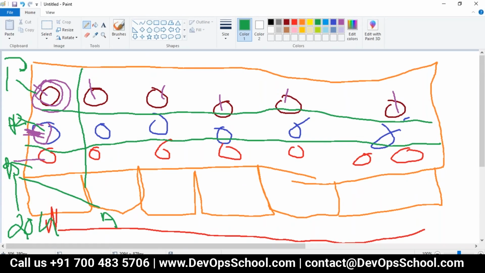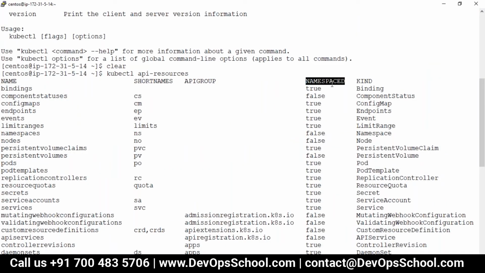So the namespaces we created here differentiate across each machine, correct? Yeah. Okay, got it.